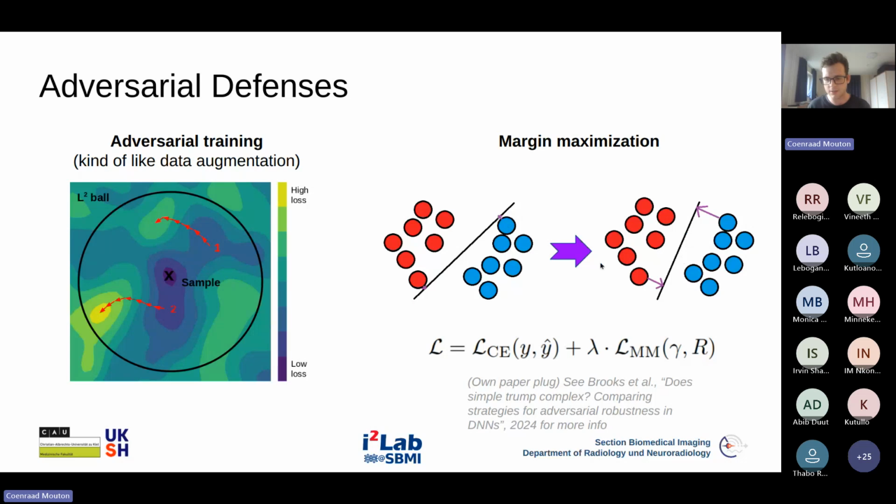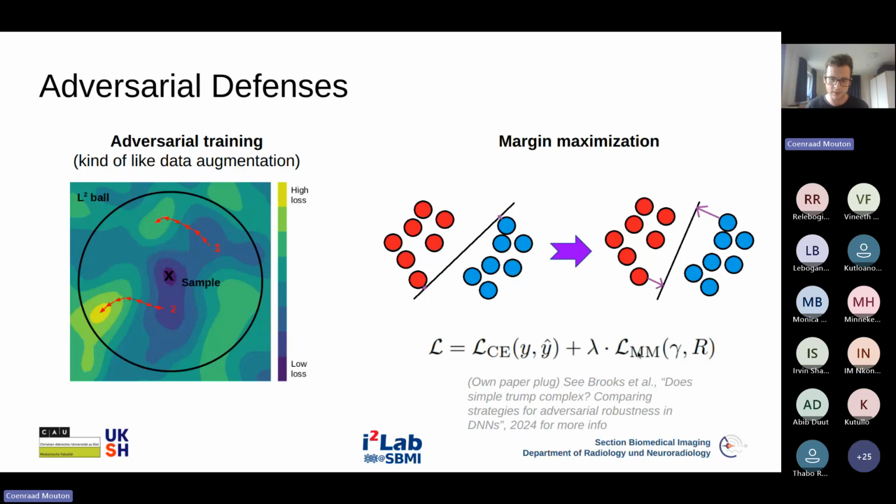In practice, how we do this is really quite simple. We just adjust our loss function. You should know from the practicals that when you're doing a classification problem, we often use the cross entropy loss function. So it'll be the cross entropy between your label y and your model's prediction y hat. But now with margin maximization, we just add an additional term to that.